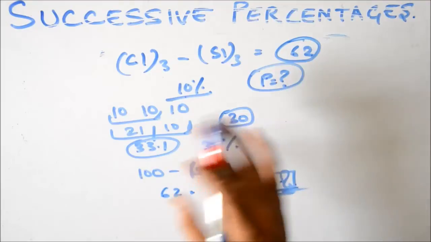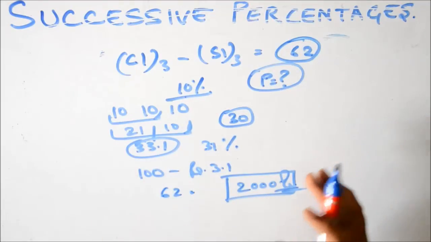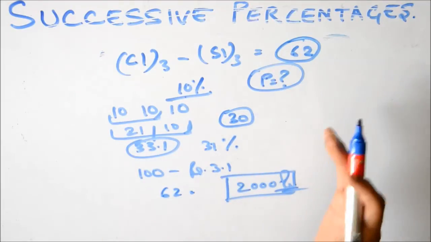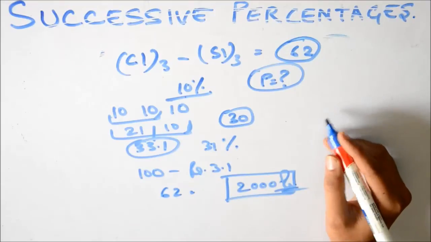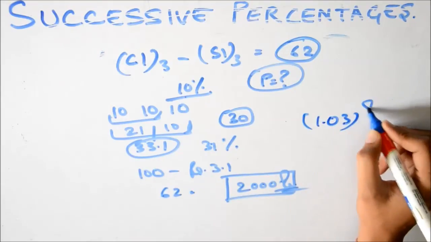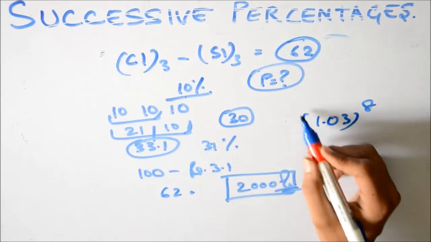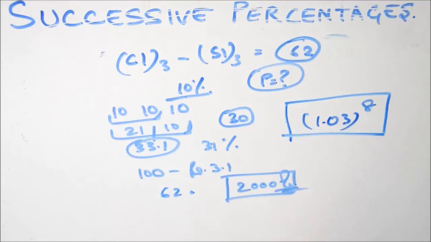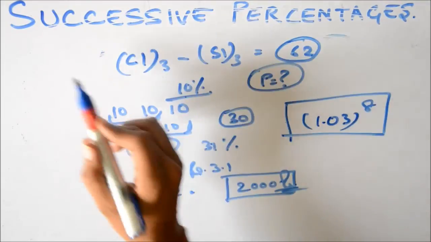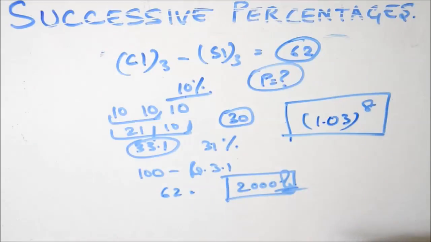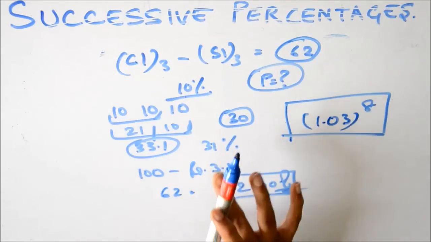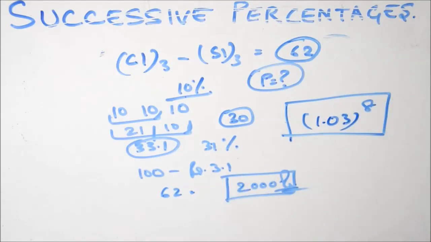In fact, we have solved all those compound interest questions, which actually would have taken you a lot of time, because you had calculations like 1.03 to the power 8 or 1.02 to the power 12. All these things you can calculate very easily simply by using the concept of successive percentages. So it's a very important concept. Please practice it and gain confidence. You will save a lot of time in solving compound interest and simple interest type of questions, as well as